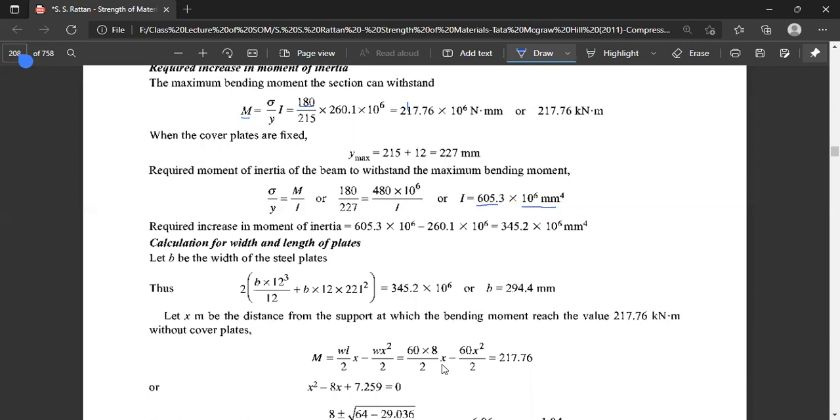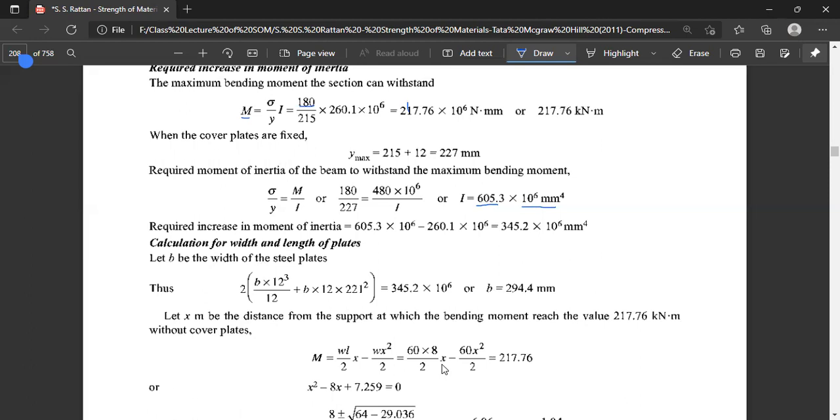The B plus... if B is the width of the plate, then it is the moment of inertia from the central axis: B into 12 is the height, given 12 to the power 3 divided by 12, plus B into 12 multiplied by 2 to 1. It means we are first calculating the moment of inertia of the plate, the moment of inertia of the rectangular plate